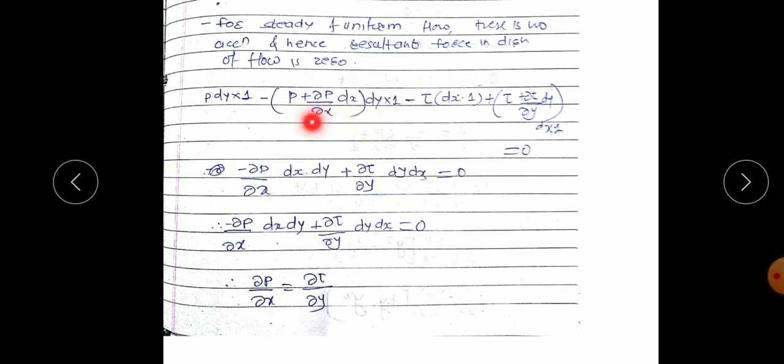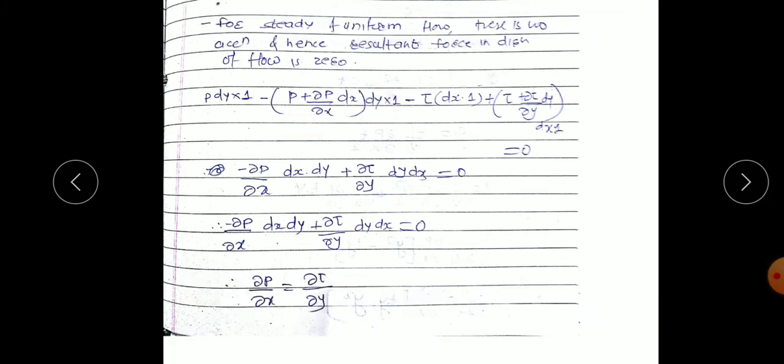Opposite to that is (p plus delta p by delta x dx) dy into 1, in the opposite direction. Minus tau dx into 1, and in the other direction, plus (tau plus delta tau by delta y dy) dx into 1, will be equal to 0. For steady and uniform velocity there will be no acceleration, hence the resultant force in the direction of flow is 0. Now cancelling the p dy